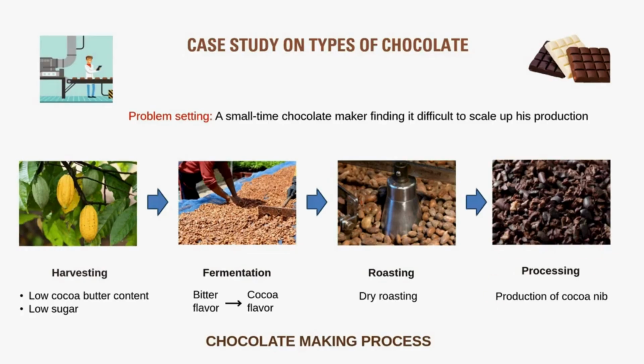After roasting, shell is separated from nib. Nib, which serves as starting material for chocolate production, is rich in both cocoa solids and cocoa butter. Nibs are usually ground using a roller, and the rolling action generates enough heat to melt your cocoa butter, which results in formation of something called cocoa liquor. And this cocoa liquor is rich in cocoa particles, and the particle size is around 20 to 30 micrometer.